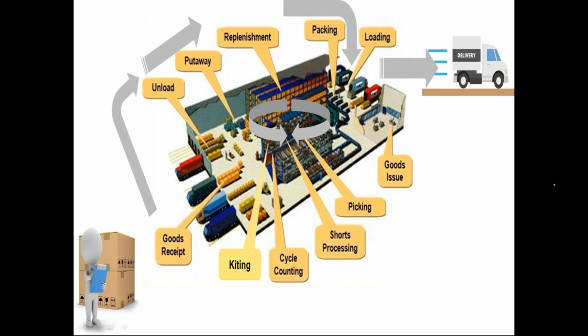If exception codes are used regularly, that means there is something really wrong in the warehouse performance. Why am I saying that? If I take this example only, as per the system the bin is empty, but physically there is stock available in the bin, which is a discrepancy. If this is happening frequently, then that means operators are not following the process, and there is a double activity which needs to be executed. So using this report of exceptions, we can perform root cause analysis, and then we can come to a conclusion that there is something really wrong and I need to take action. That's for any deviation.